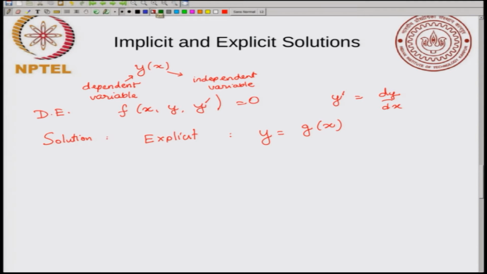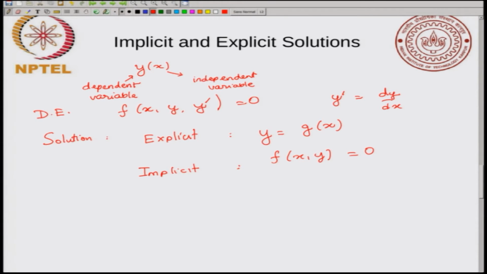So, in an explicit solution you have your left hand side is y and your right hand side is some function of x, okay. So, when you solve it, you say that this is the solution. Or you could also have an implicit solution where you do not actually separately write y equal to something, you have some function of x and y equal to 0,